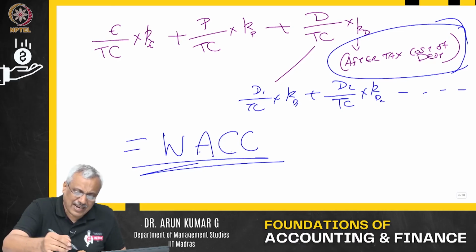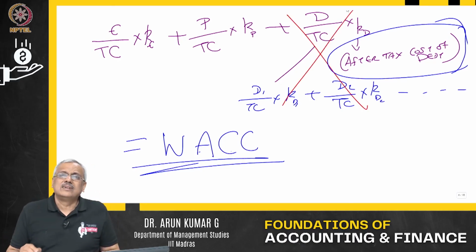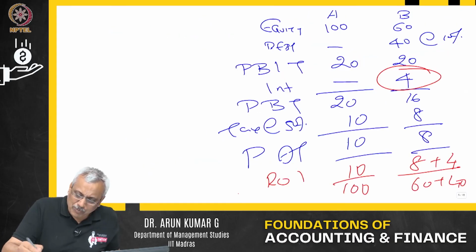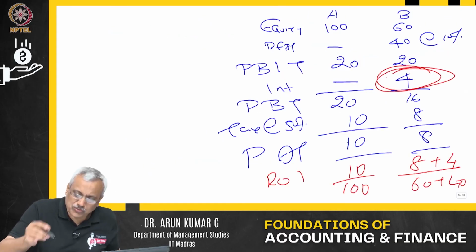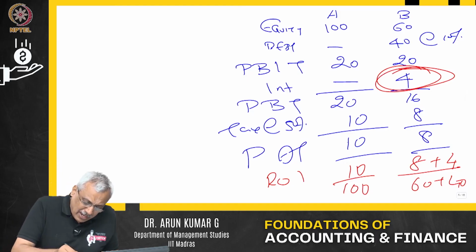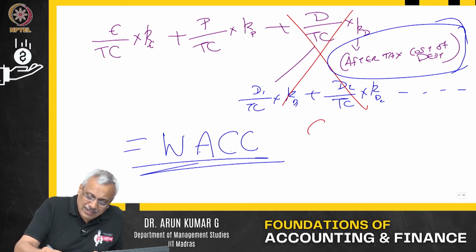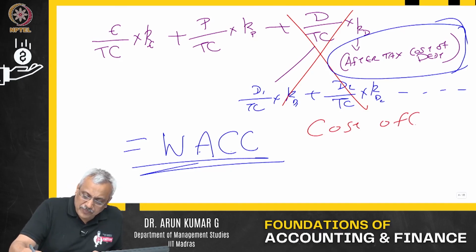Supposing I did not have debt at all in my firm, then what would have happened? I would have paid tax on this $4 also. Because I have debt in the firm, I am not paying some taxes because it has a tax shield. So, when I want to find out what is the cost of capital,